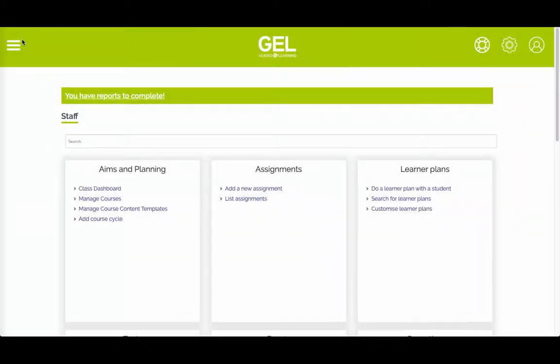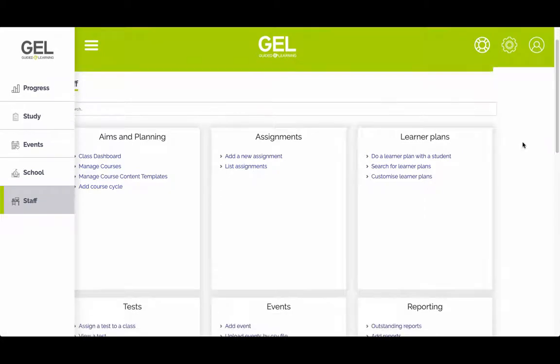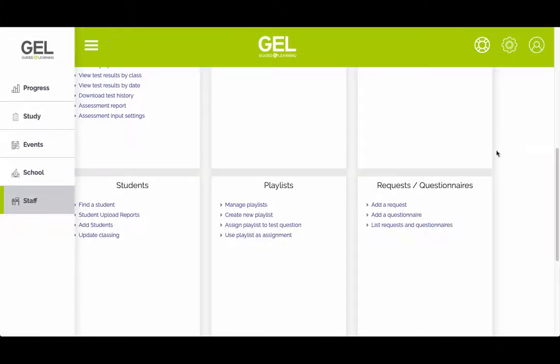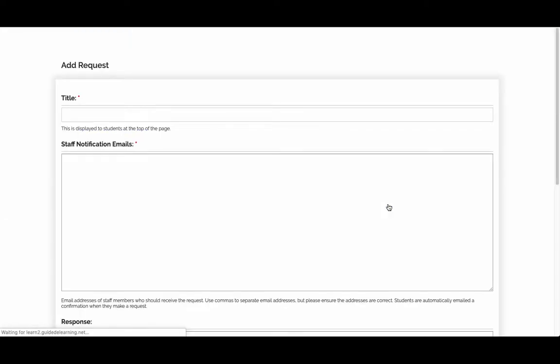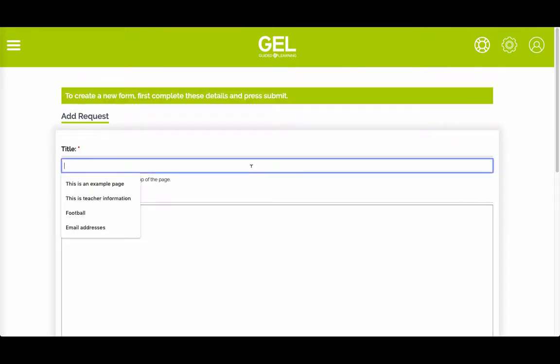So first, click on Staff and then scroll to Add a Request. Now give your request form a name which will be easily identifiable to the user. So for example,